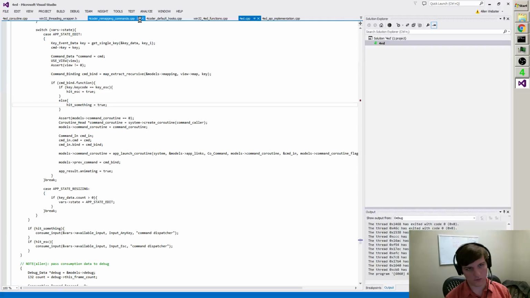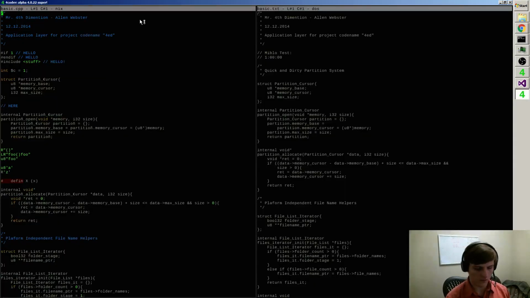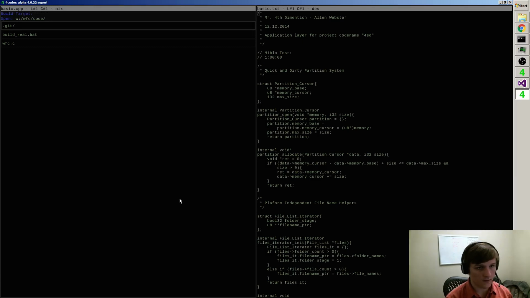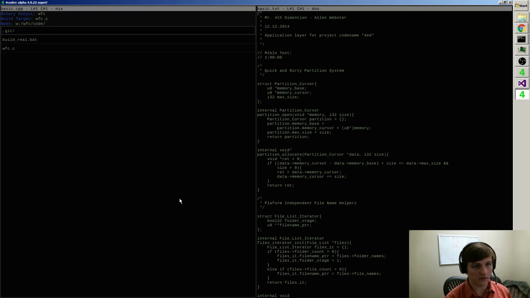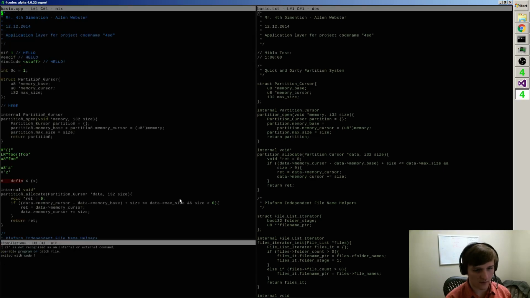Okay, and now I'm going to test this one more time. So we're going to go over to the wave function collapse folder, and we're going to do new project. The build target is wfc.c. The binary output is w:/build/wfc. And now, if I load the project, I've got everything open. If I build it,